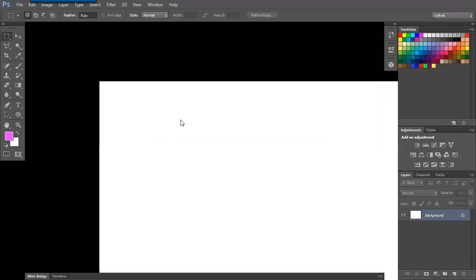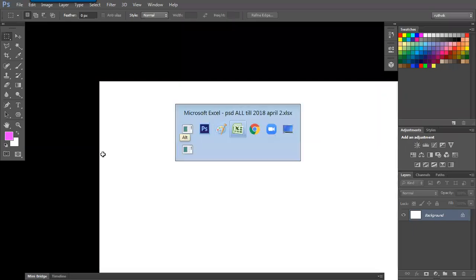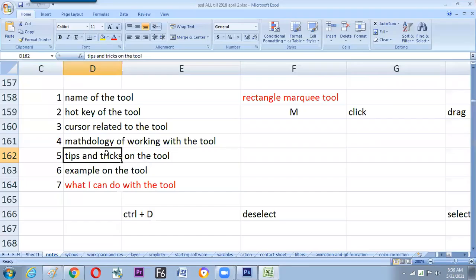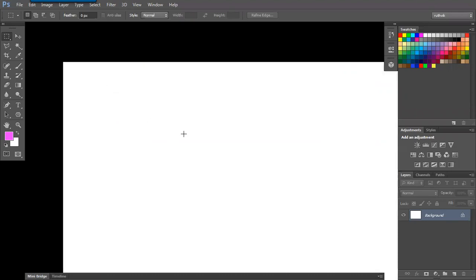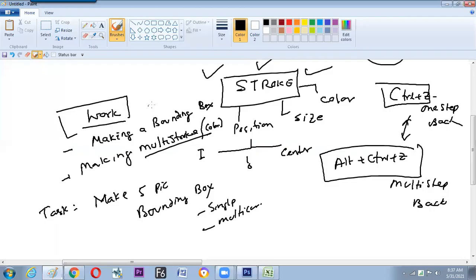Now what is the topic? Tips and tricks and the methodology combined together we will go now. Let us observe the cursor. The time you draw, you can find the cursor remains the same plus button, but whenever we are moving the cursor inside the selection, what happened? The cursor gets changed and it is a point to note immediately.